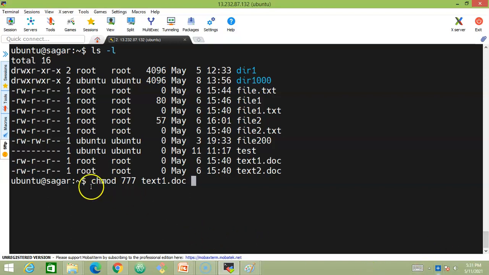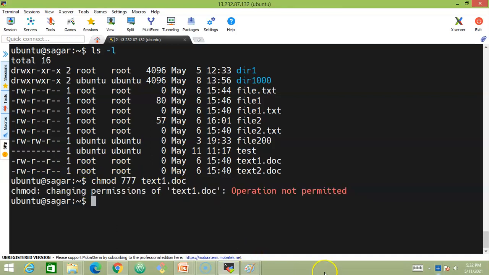Here what I'm trying to do is change these Linux file permissions, and instead of this, I'm trying to give full permissions to this particular file now. See, observe this. We have this set of permissions. Now after changing it, the set of permissions are going to change to full permissions, and press enter here. See what it is saying.